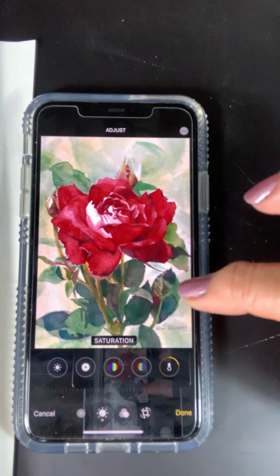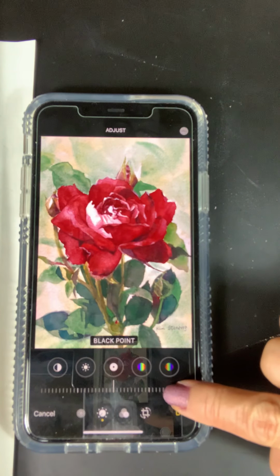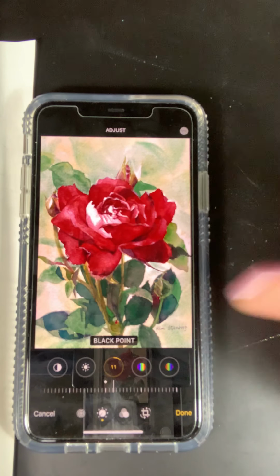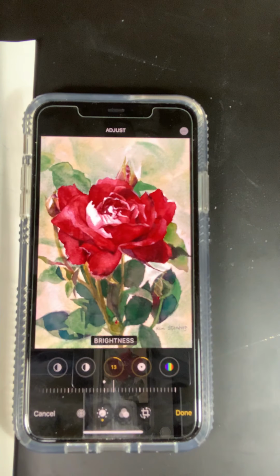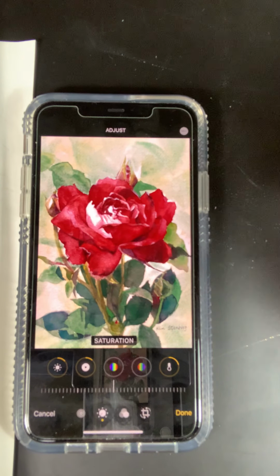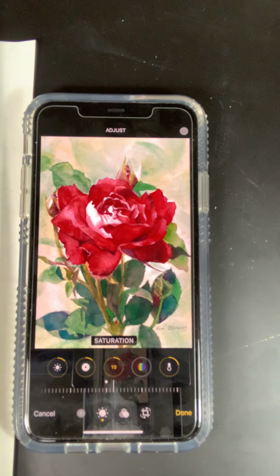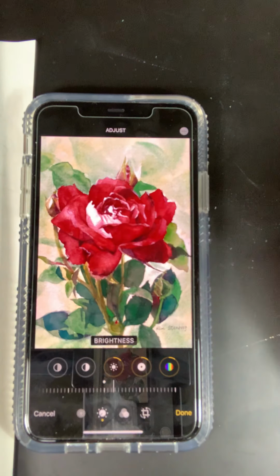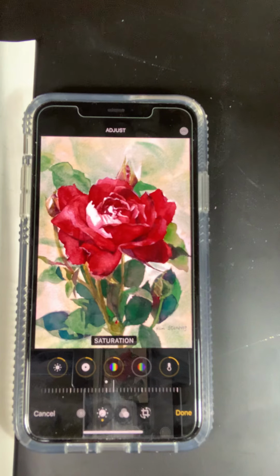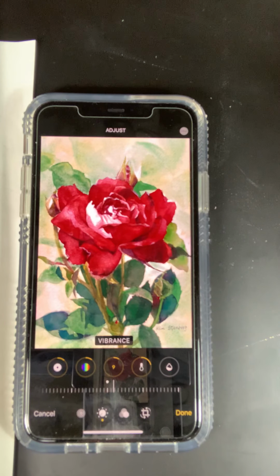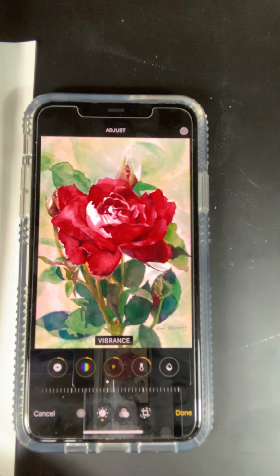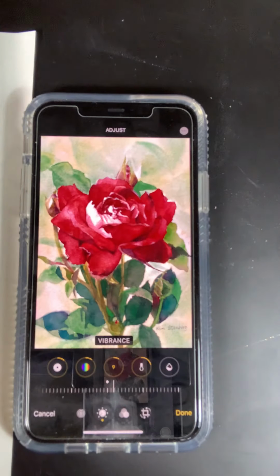I'm going to go to black point, make the image a little more crisp. Go to brightness, make it a little brighter. Go to saturation, saturate a little more, because when you brighten, the image seems to lose a little bit of intensity. You can add a little more vibrance, and compare that to the original. I know the image is too close to the camera, but